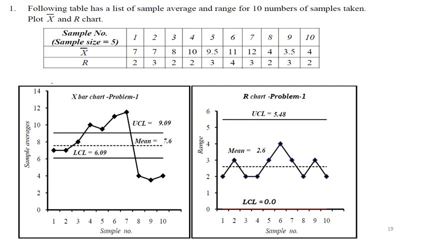For the first sample, look at the X bar chart, the first chart. Sample number 1, X bar equals 7. Locate the point 7. For sample number 2, X bar is again 7. Like that you will draw all the X bar values. Then draw the UCL line, UCL equal to 9.11, the mean equal to 7.6, that is X double bar, the mean of all these, and LCL equal to 6.09.